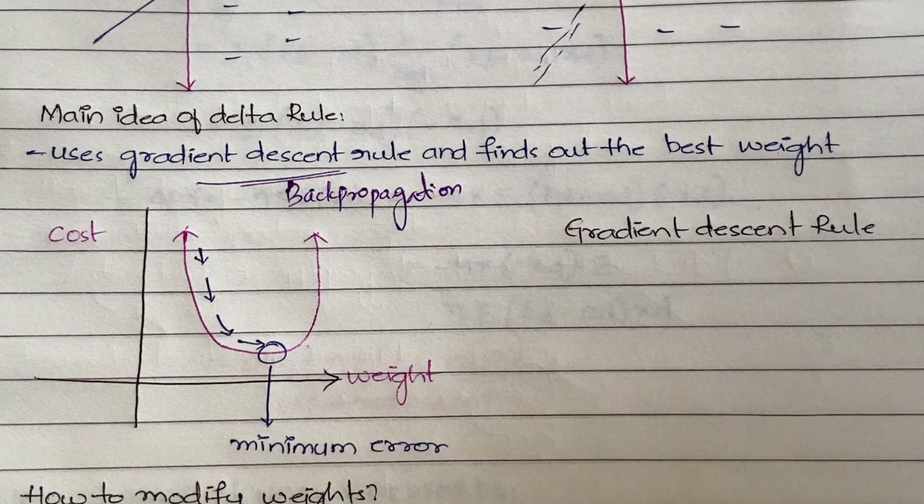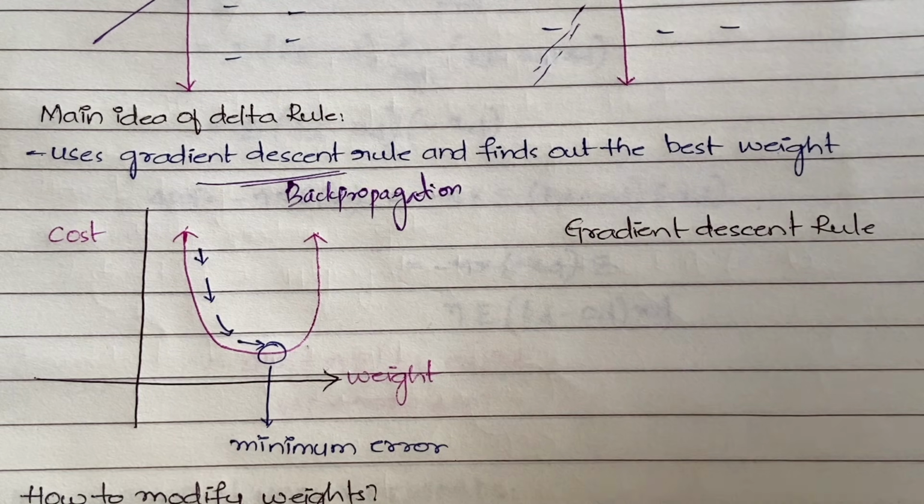It will use the gradient descent rule in order to find the best weights. Previously, what we did was simple iterations, right? In the perceptron rule we took wi plus delta wi, kept adding, kept doing iterations, and then arrived at the final weights where the target output is equal to the actual output. But here it is not like that, it is going to be somewhat different. Let us see what the difference is.